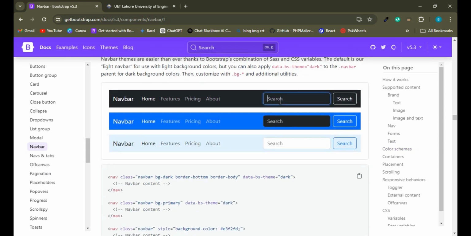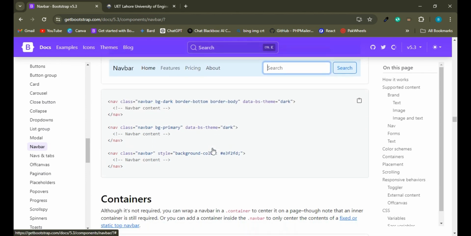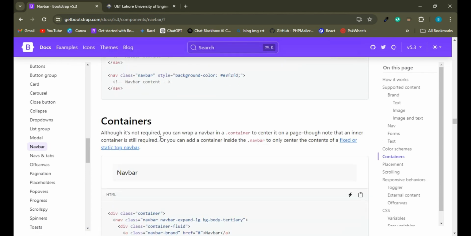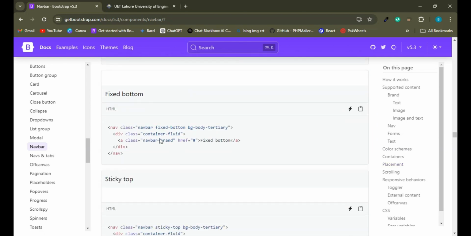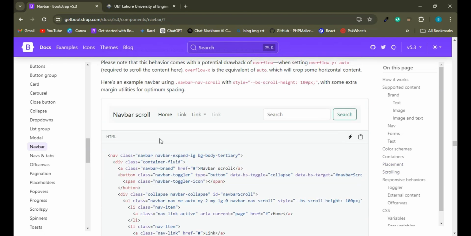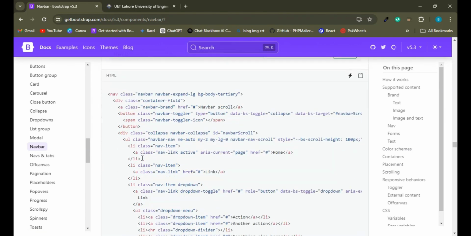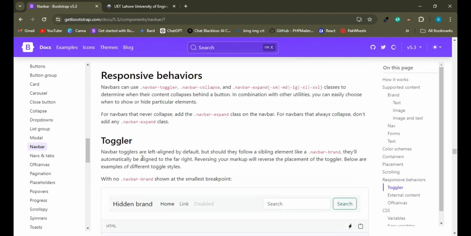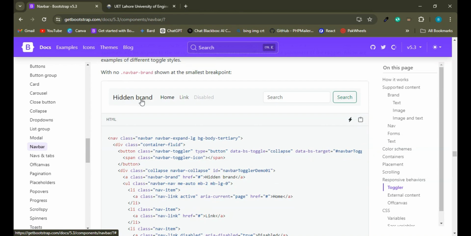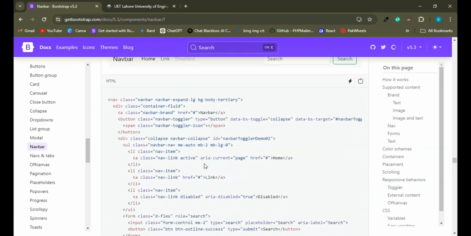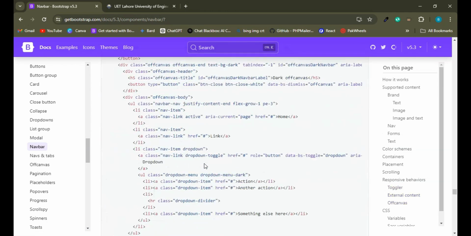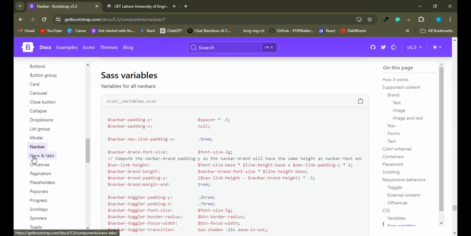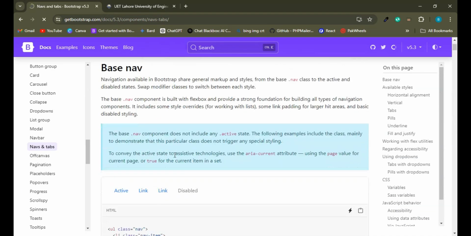Here there are three navbars, depending upon you what to use. Scrolling, here is navbar scroll. Responsive behavior, hidden brand, etc. Everything. So go through it by yourself. I am not going to waste a lot of your precious time. So